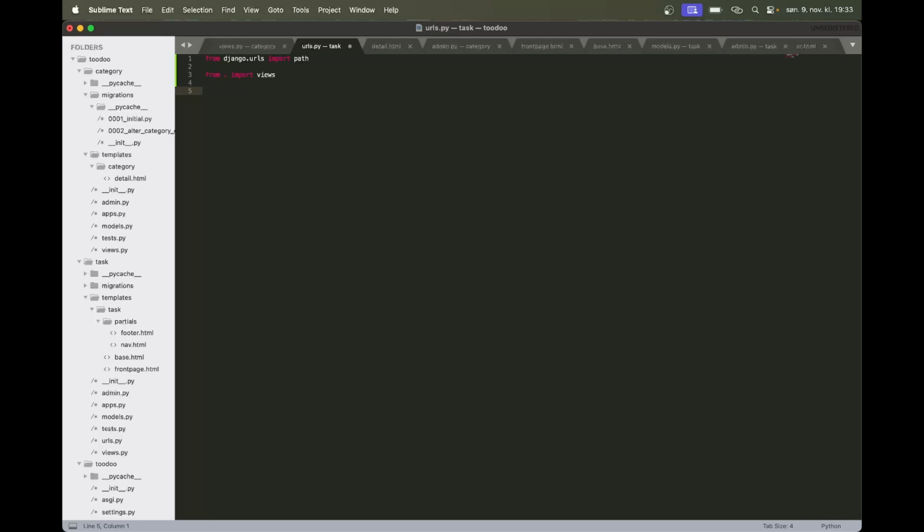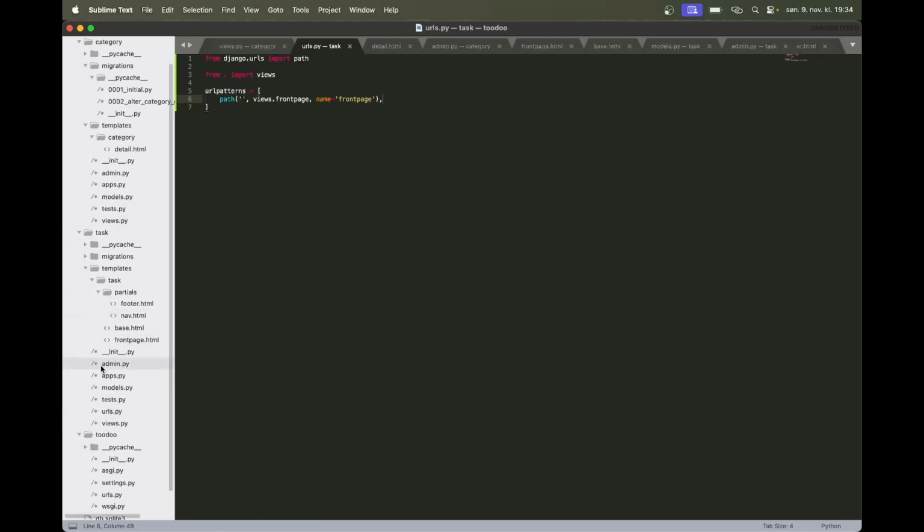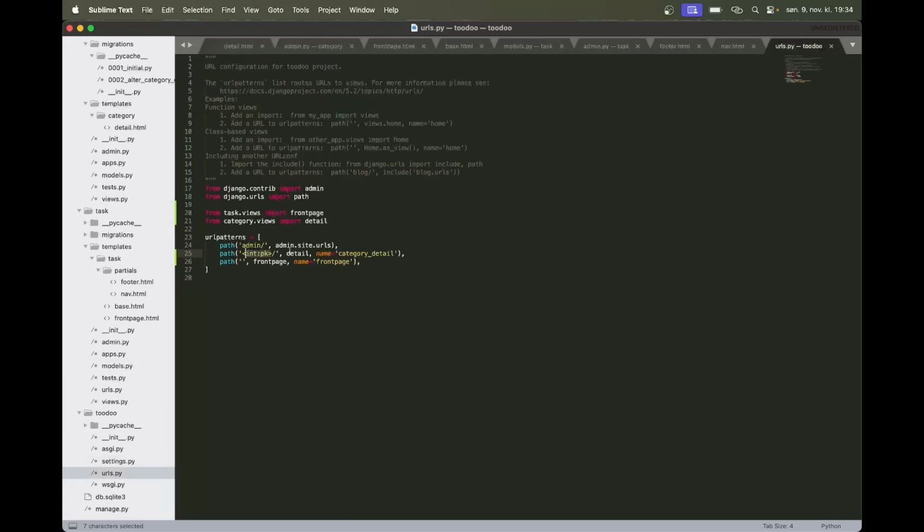And then we set up the URL patterns. So urlpatterns equals, and then in here is a path. And when the path is empty, we want to render views.frontpage. And this can still be called frontpage. Save. And if I then go back to the main urls.py file, we can remove this one and remove this